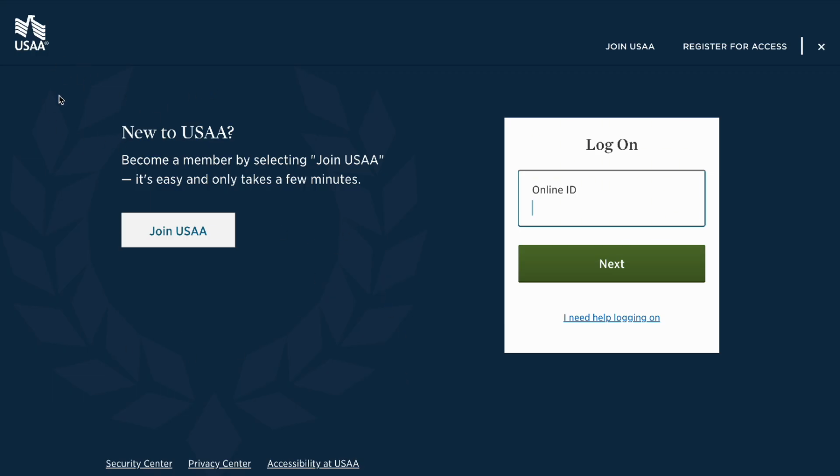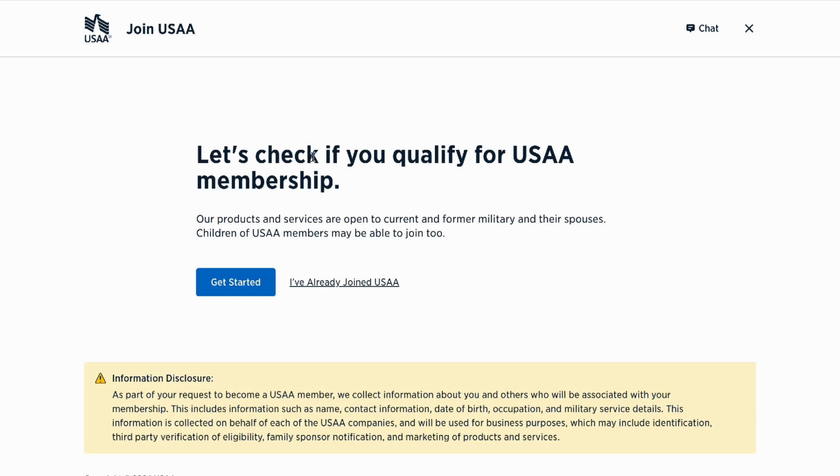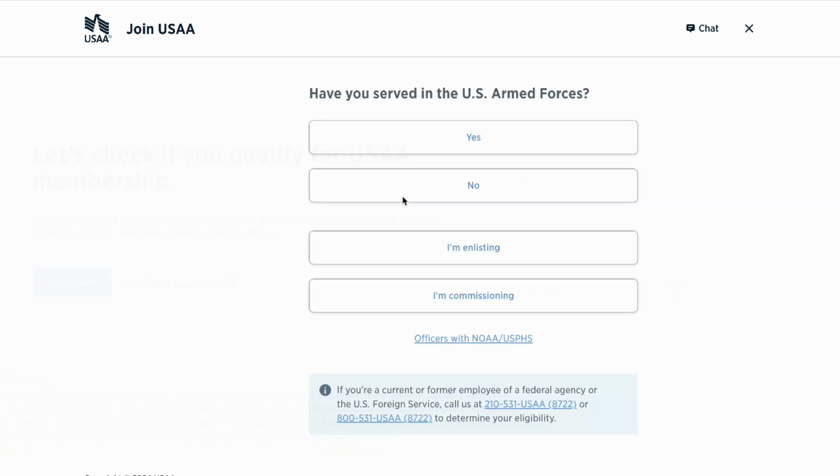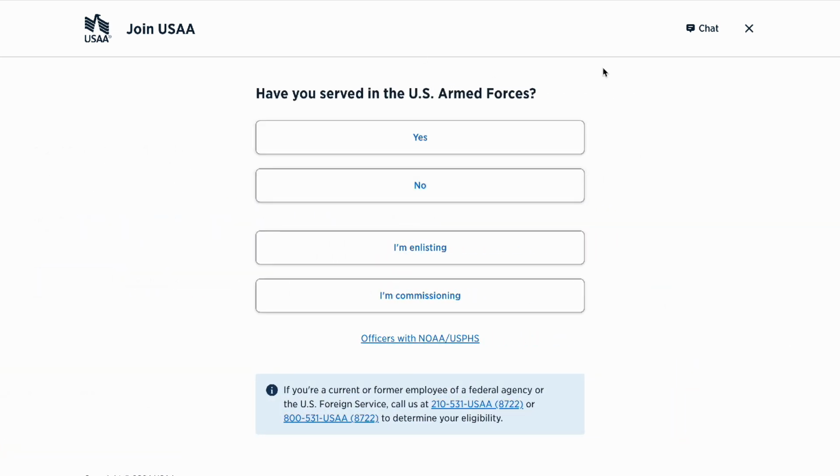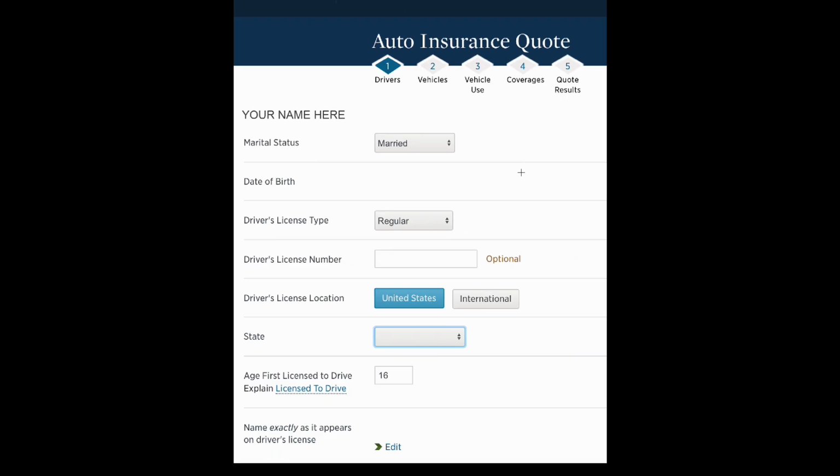If you're new to USAA, you'll have to register first, and then when you're registering, or you can just log on right here, they will actually give you this. If you're new, check and then get started. So basically, you'll have to actually do this survey, but we'll skip that and we'll go to the auto